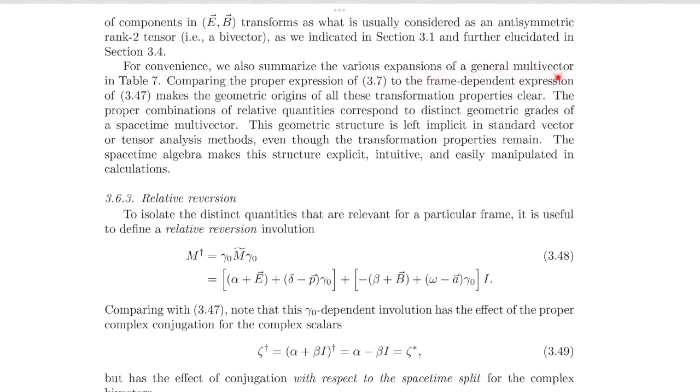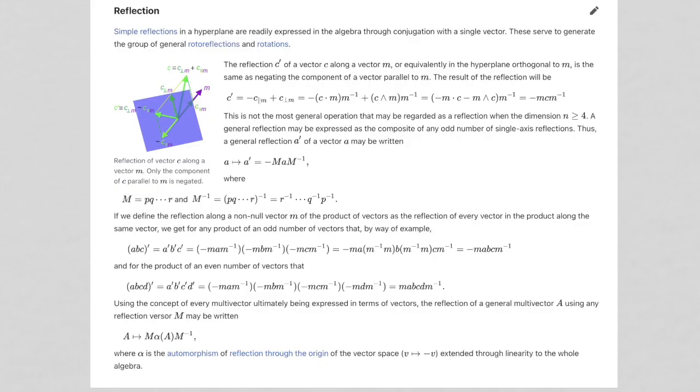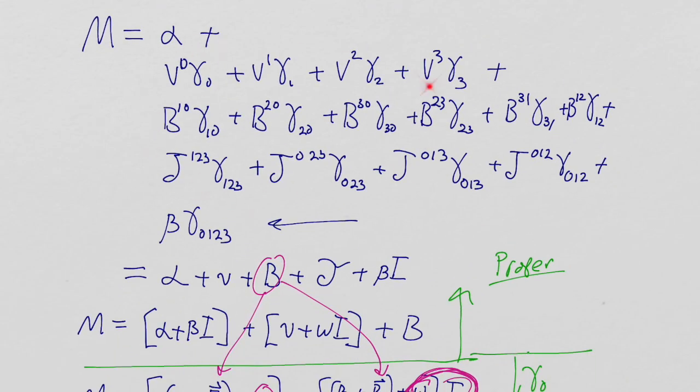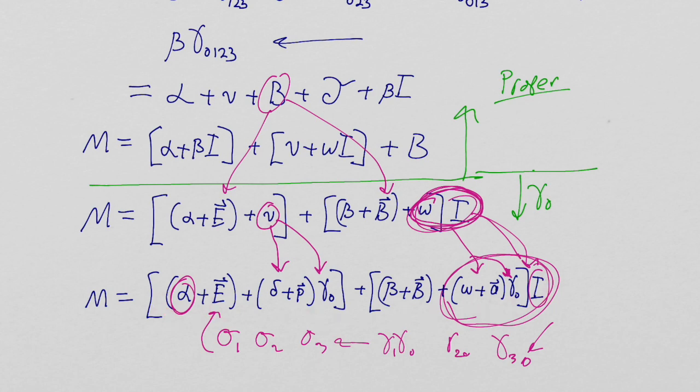For convenience, we summarize the various expansions of general multivectors in Table 7, comparing the proper expression of 3.7 to the frame-dependent expression of 3.47 makes the geometric origins of all these transformation properties clear. So what they're saying there is, what are they saying? This is the 3.7, right? If you look at all these things, this is the straight geometry, right? This is little pieces of volume, little pieces of area, little lines, a point, and little pieces of hypervolume, right? And so you take this stuff and you compare it to this, just like we did,